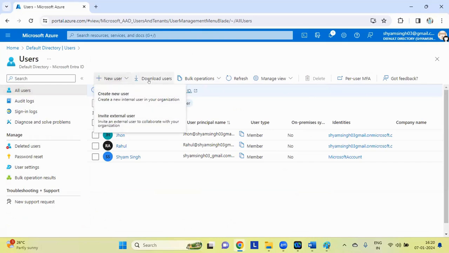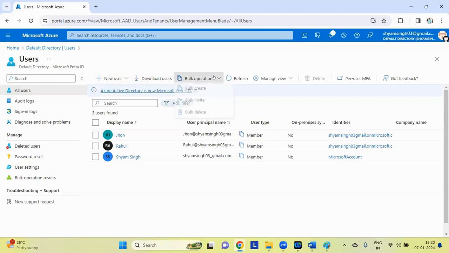You can download the list of how many users are there in your organization, in your directory. Maybe thousands of users are there, correct? Here, suppose you want to perform a bulk operation, suppose you want to add 100 people at a time, you can perform the bulk operation to create, to invite, and delete also.